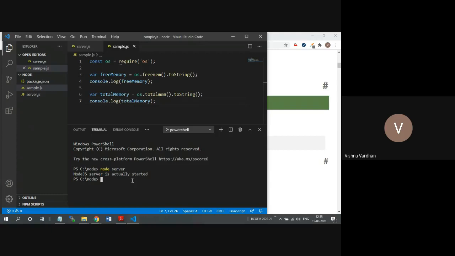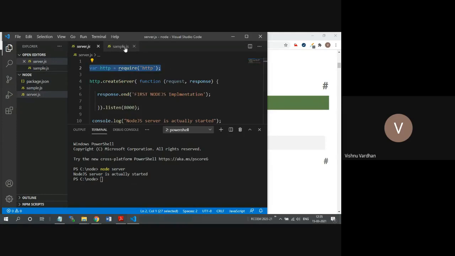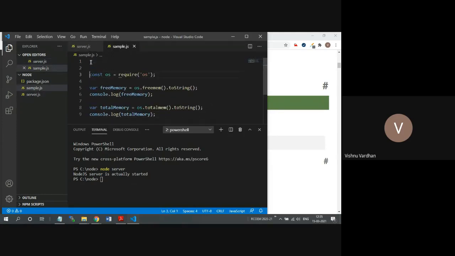Now again, what I have to do is, first of all, I have to call this server.js. So for that, I will take this const server is equal to require, and this is available in the current directory. So that's why I'm taking this in this way.